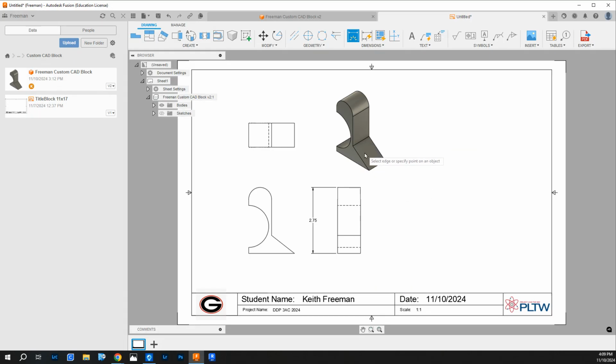I want to show this angle, so I'm going to click on the top of the angle here, click on the bottom here, and I want to put this dimension inside of the existing. So this is a little too far away. I'll drag it, if I can, just a little closer. Okay, dimension tool. I need a width, so I'm going to do a width of this entire object, bring it